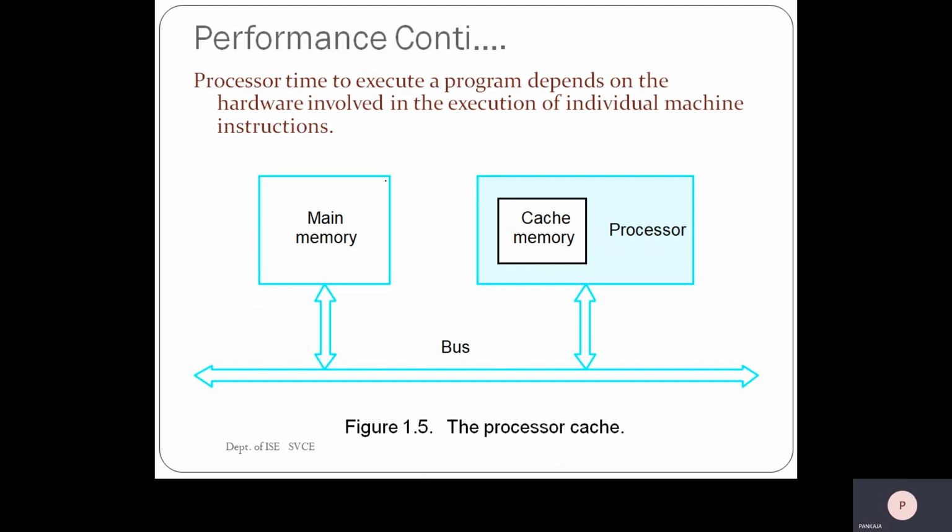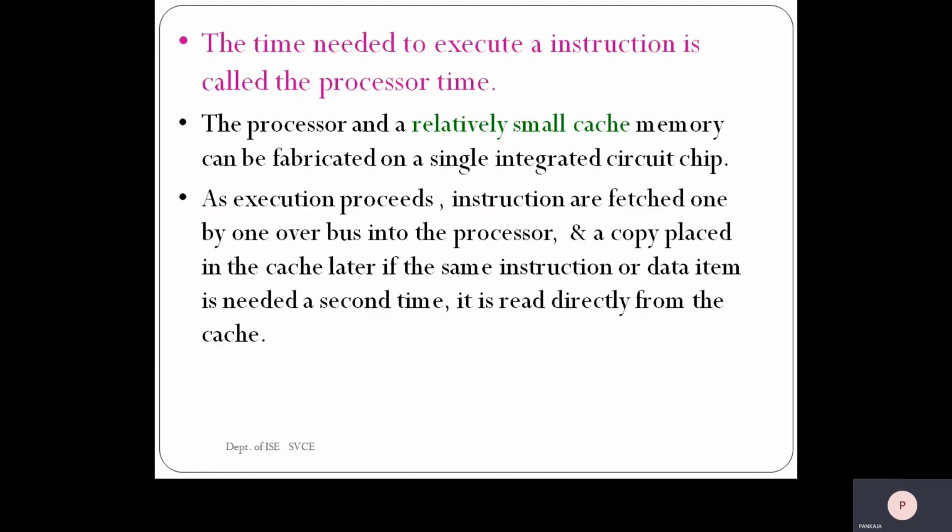Here I'm going to introduce cache memory. That is an example of using a better hardware design. It can improve the performance. The processor time to execute a program depends on the hardware involved. Without cache, always getting the data from main memory may take a lot of memory access time. So instead of that, they have implemented a small cache memory embedded in the processor itself, where it can hold a small amount of data. This cache memory is going to store the frequently accessed data. Let me explain how this cache memory works.